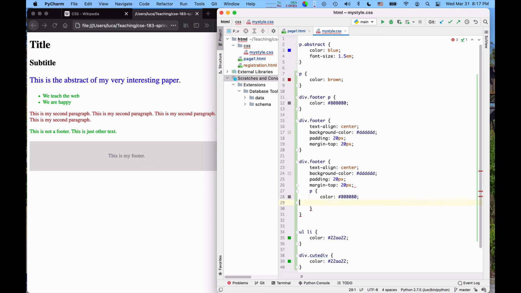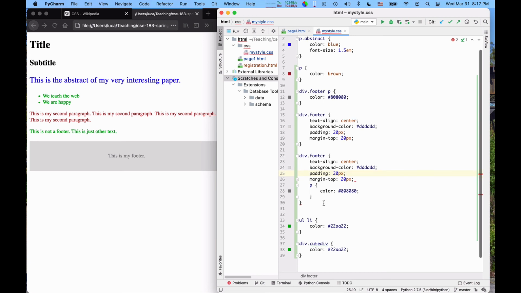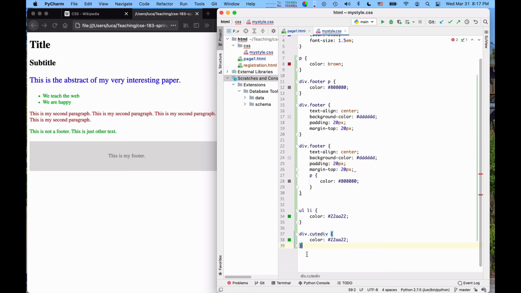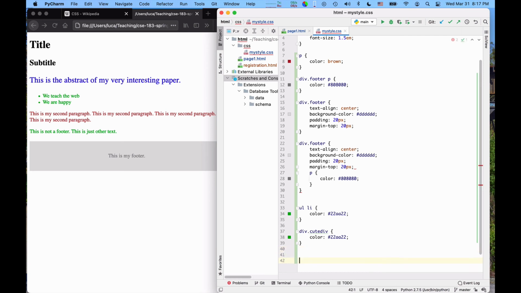So this is not needed. This is what I would like to have. The problem is that this is not proper CSS. But nesting is incredibly useful because, let me give you a fantasy example because I don't have a page to illustrate it immediately. But the idea is this.